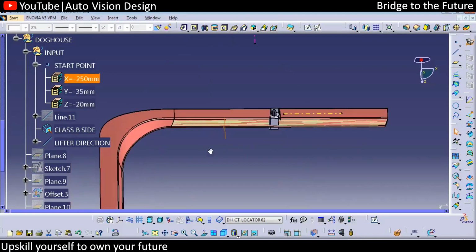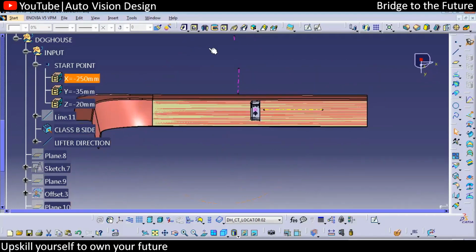Okay, we want something like 3 Dogos. Okay, and the portions over here 1. Then here second and third over here. Okay, so the locator we want is something like a 4-way locator over here, and a 2-way locator in this area. Okay, so this is the consideration we need to do, 4-way and 2-way locator.